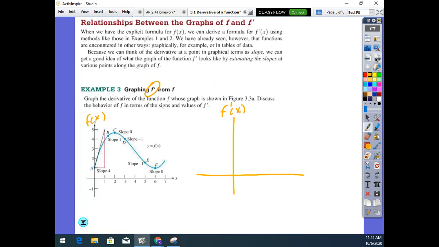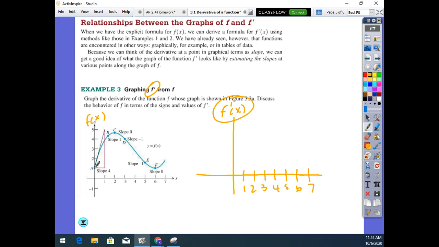Okay, so what I'm going to do, I'm going to create points. My x values remain the same: 1, 2, 3, 4, 5, 6, 7. But my y values will now take on the slope. So this says